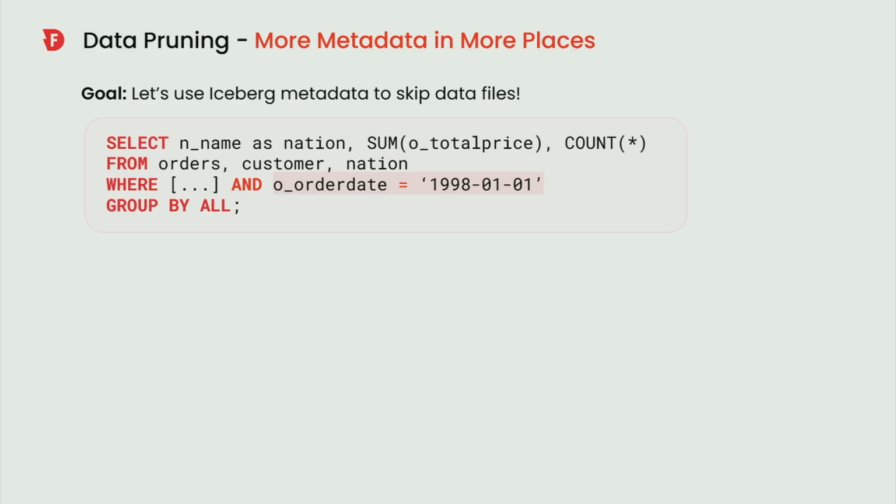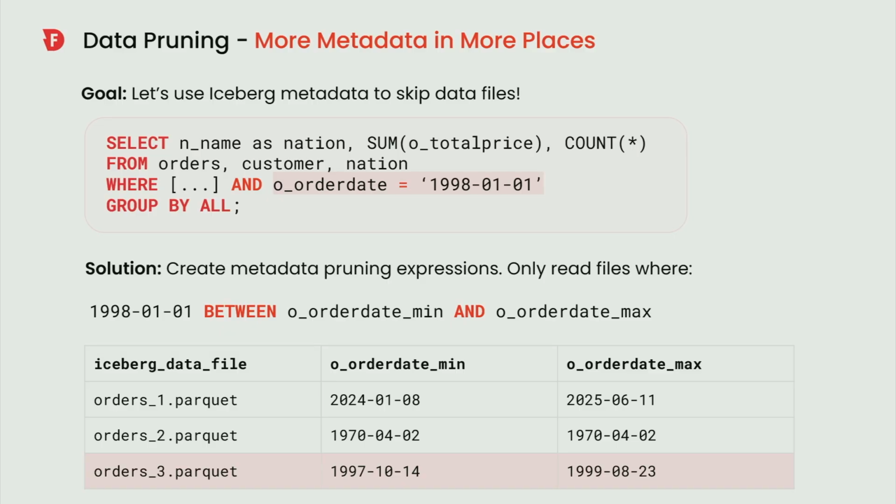Within Iceberg, Iceberg stores the minimum and maximum over columns for the individual Parquet files. So as Firebolt resolves Iceberg metadata, it will see, hey, here's a file that has that minimum, that maximum for this column, etc. So in our query earlier, we had this filter on order date where I look for the 1st of January, 1998. What we will now do is we can expose this, again, main memory metadata table that for each Iceberg data file contains the minimum of O order date for that column and the maximum of O order date for that